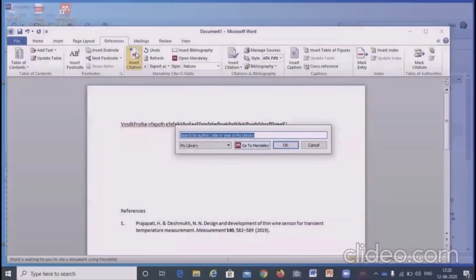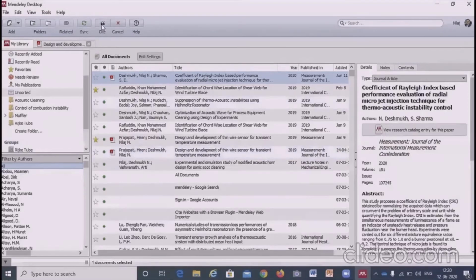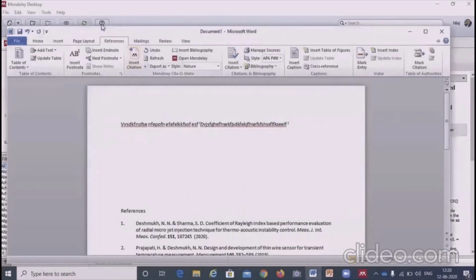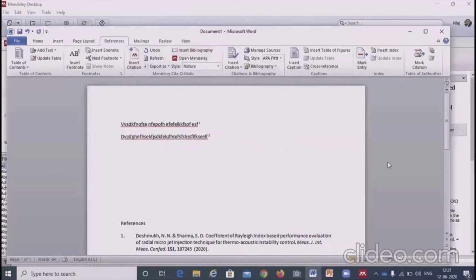Here go to Mendeley and cite. Now let's say that one superscript appears. So the document for which I had given a citation earlier automatically becomes 2, and the one I have now inserted is 1. So your life will become simpler. Whatever modification you are doing, automatically it will get reflected.